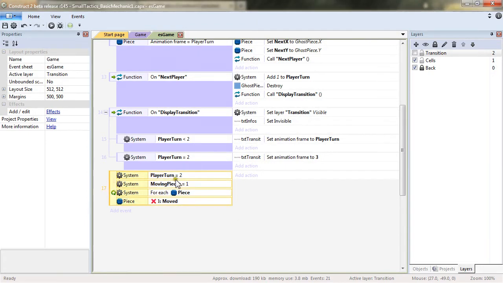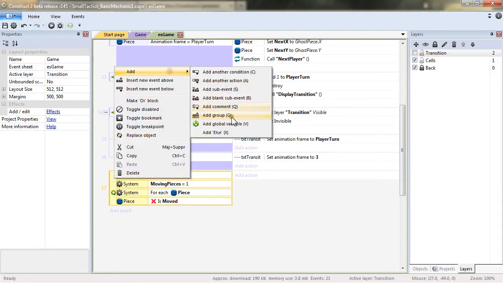Let's get back to this. When the player turn is equal to 2, so we are in resolution, the user has clicked on the go button, so it is time for the pieces to move. We have set our global variable moving pieces, it's set to 1 now. We will repeat the following actions and sub-events for each piece and make sure that those pieces aren't moved yet. And with all those conditions, we then add a sub-event